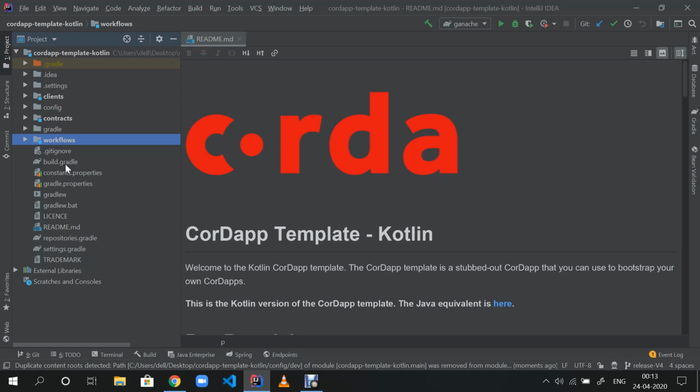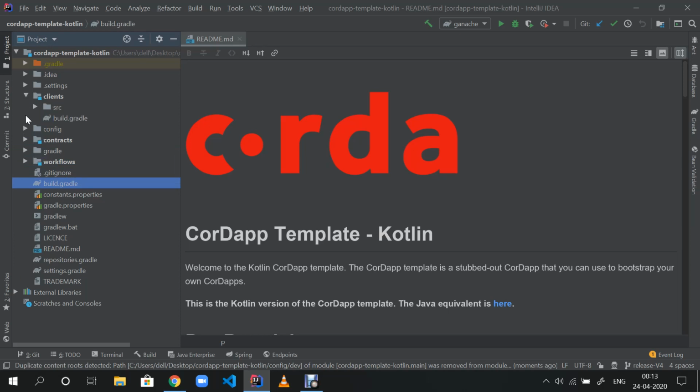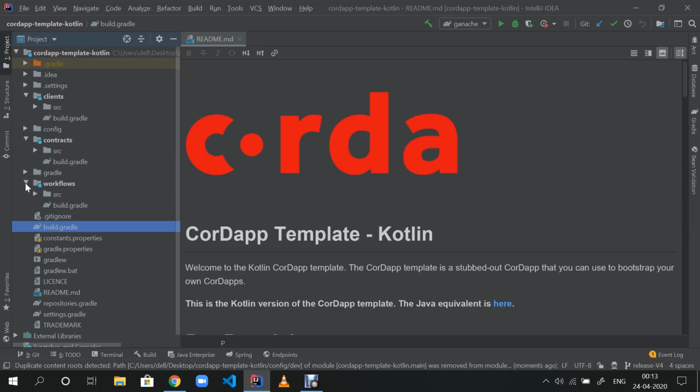Other than this, there is a build.gradle file in every folder and your main build.gradle file. You can see these build.gradle files include the configurations for your projects. The workflows, contracts, and clients is a project in its own. It's a minimized project which is included to make a bigger project.